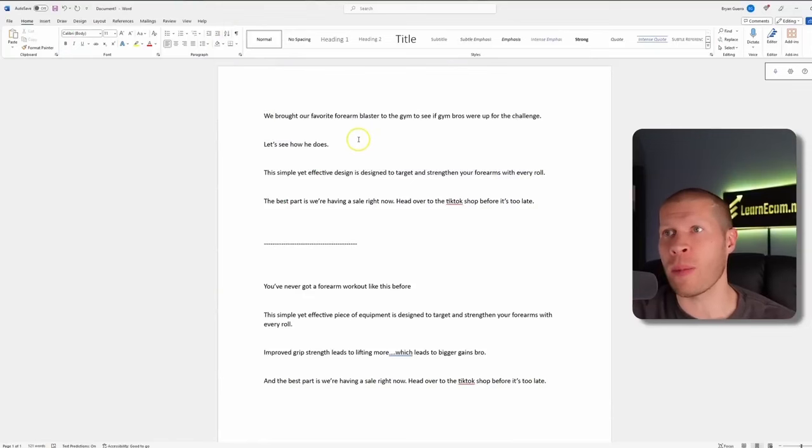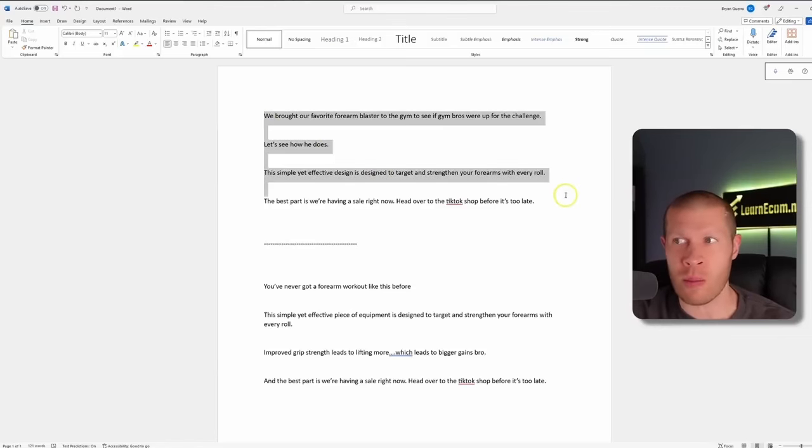We brought our favorite forearm blaster to the gym to see if gym bros were up for the challenge. Let's see how he does. This simple yet effective design is designed, and you can see the exact script that I wrote down right here,